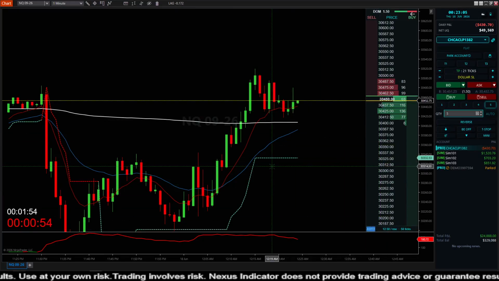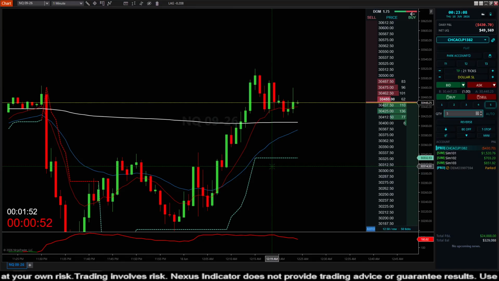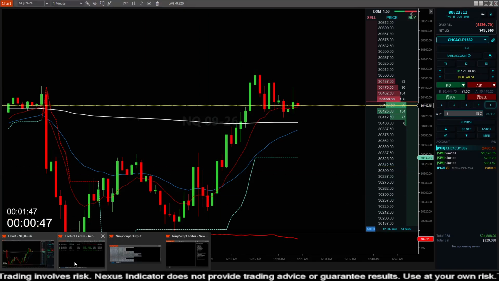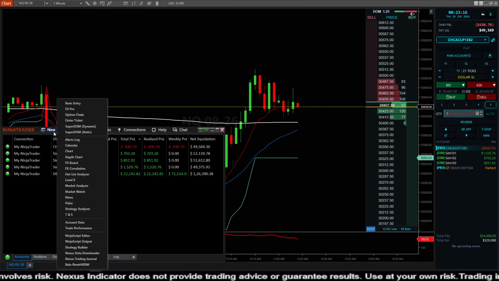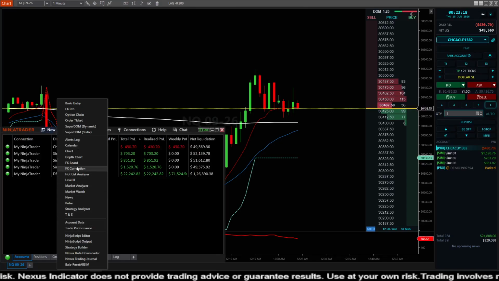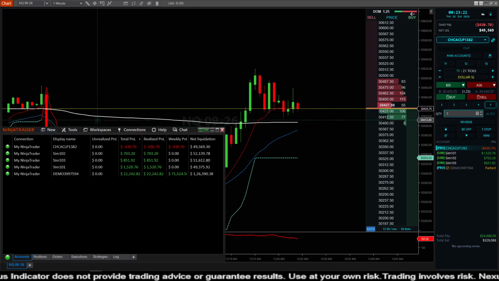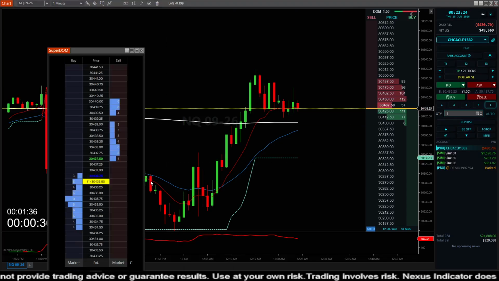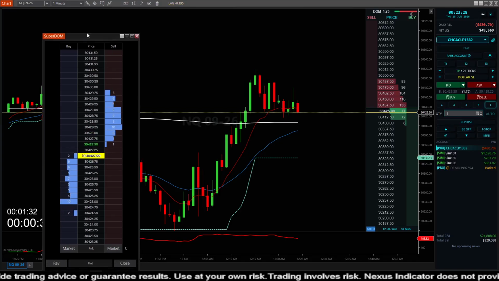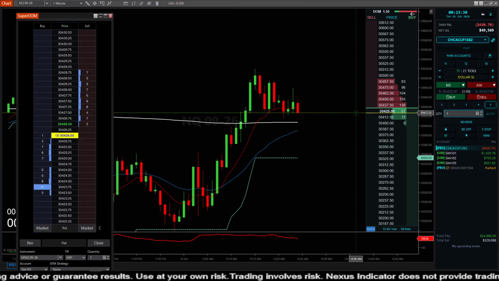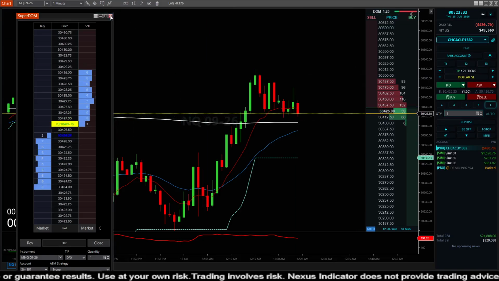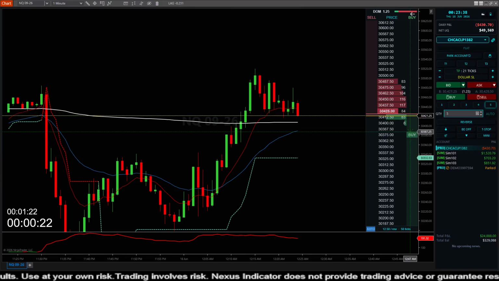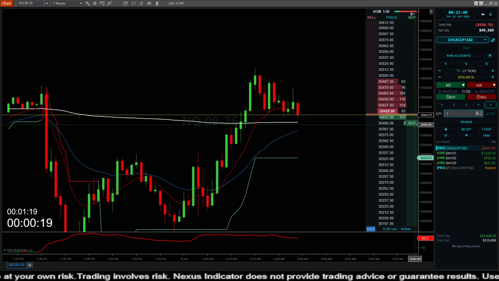And the DOM which we have created is pretty different from the usual DOM feature which you get inside NinjaTrader. So I'm just going to show you real quick how the normal DOM looks so that you can compare. So this is the normal DOM which NinjaTrader offers. It comes in a separate window, doesn't come bound with the chart, but the way we have created it is the DOM itself is always bound into your chart, and you can directly place buy and sell orders through the